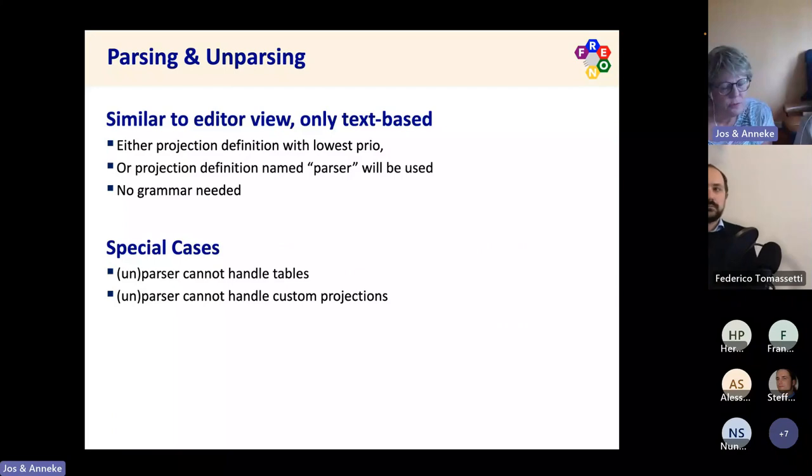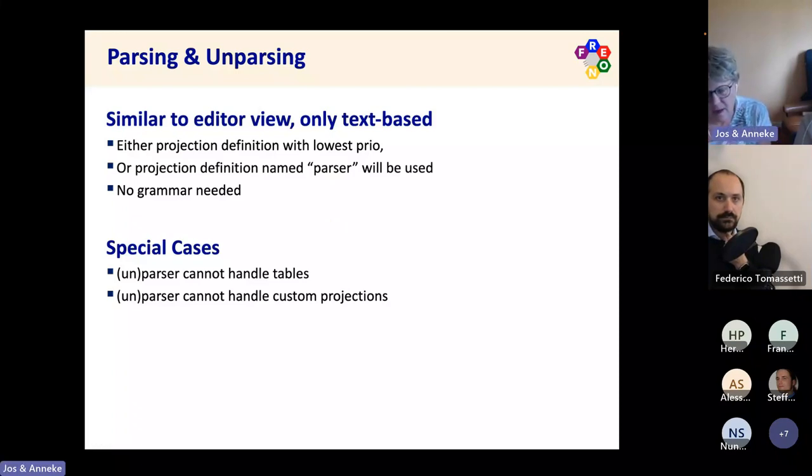Our approach to parsing and unparsing is that it is actually something like an editor. It's only text-based. So any text-based projection could also be parsed or unparsed. Therefore, we use a projection definition, the one with the lowest priority, or a special one named parser, to generate a grammar from.